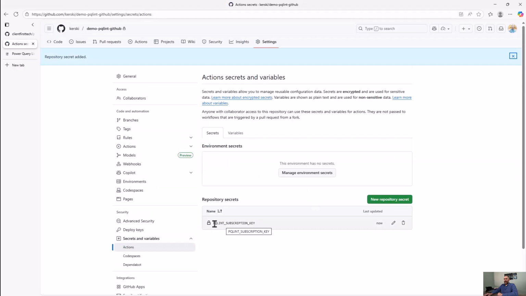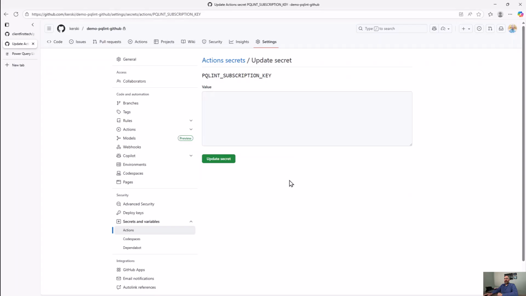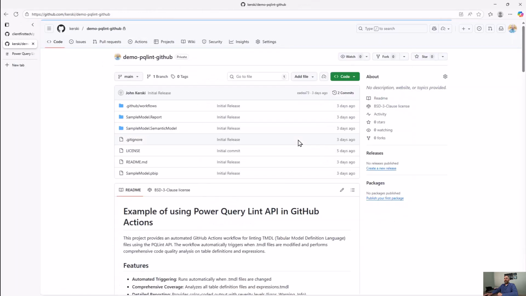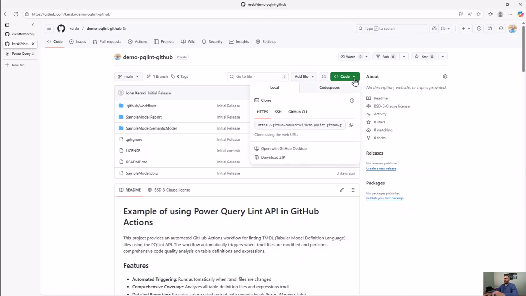And now you've got the new secret labeled. And if I was to edit it, you notice that I can't see that value. The only thing I can do is update that value. So now that we have the secret, let's go back to the code here, and we're going to take advantage